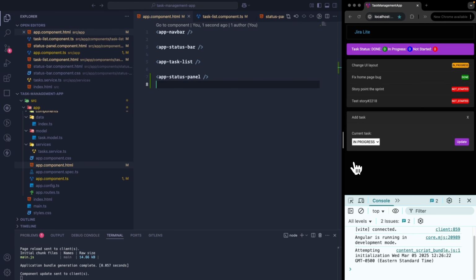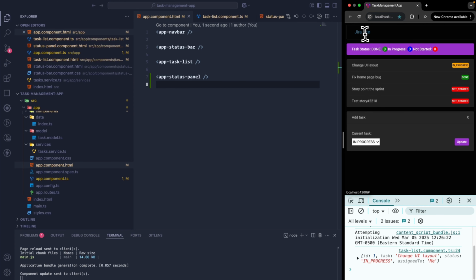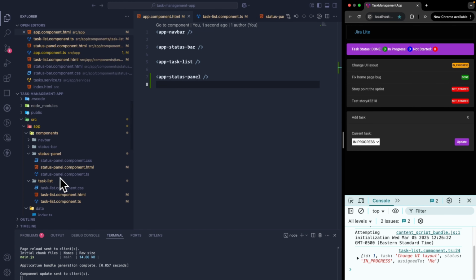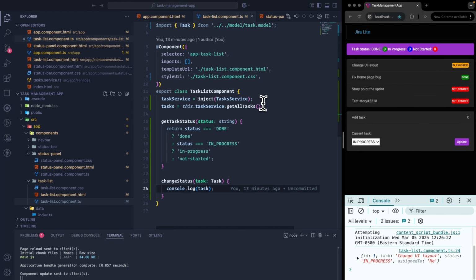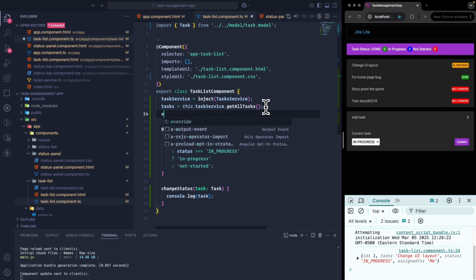We'll eventually fill it. The next step is that whenever we select here, we need to take this and pass it to the app component so that based on the selection, we can update this panel here. So let's add an output to the list component. Let's go to the task list. Let's create an output on